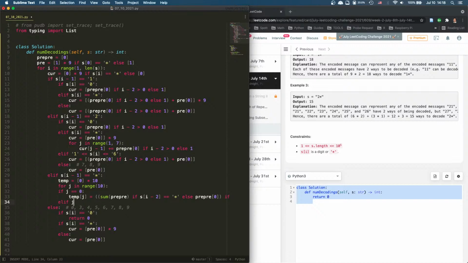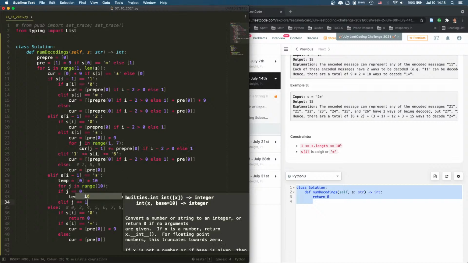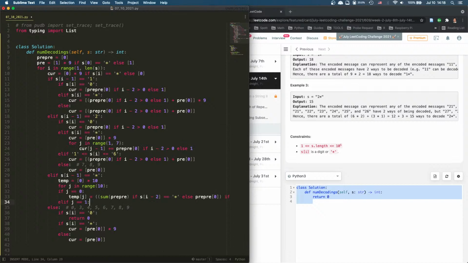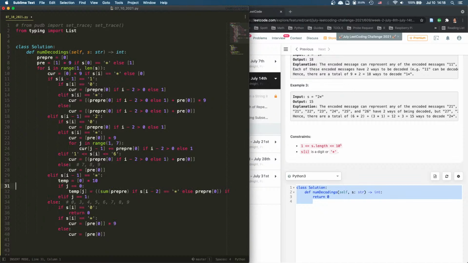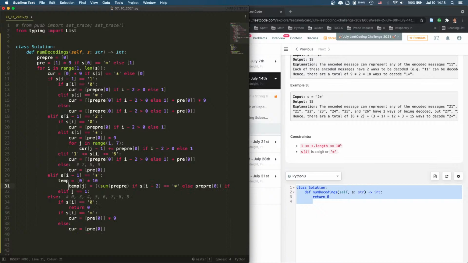Aleph j is 1. And we don't have to do, we just temp is this, right? And temp 0 going to be this,